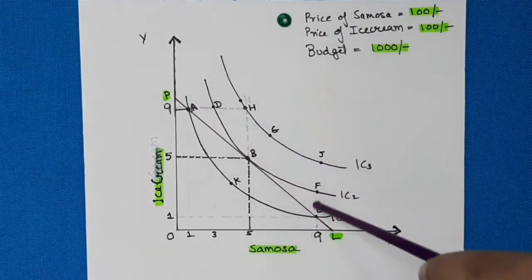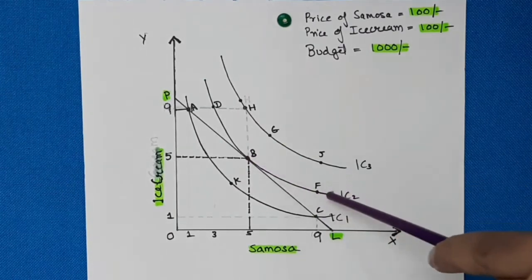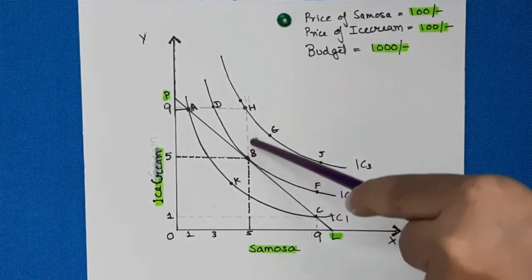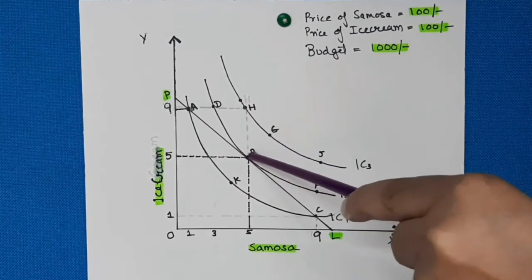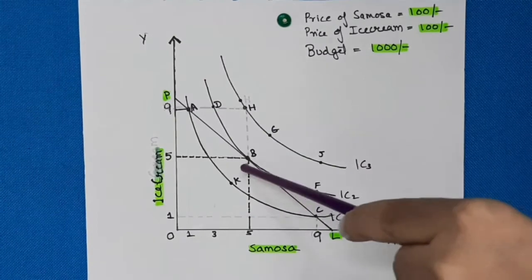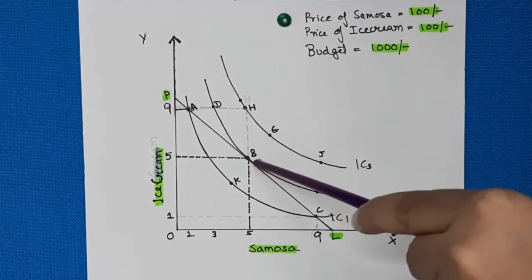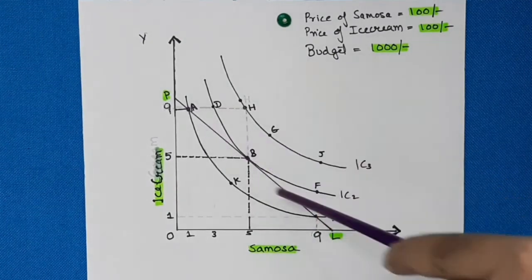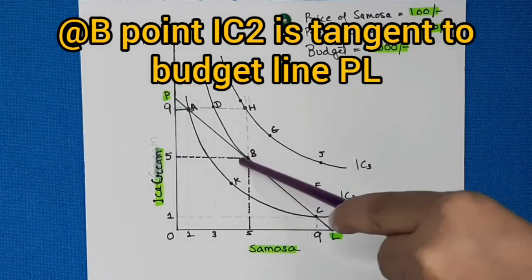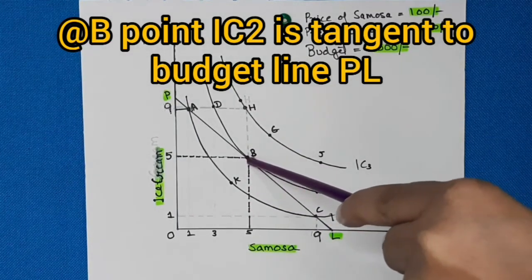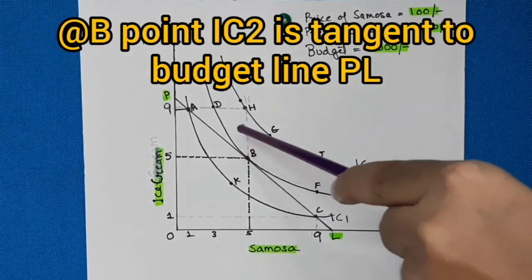But A and C give him a lower level of satisfaction compared to B, which is on the higher indifference curve, IC2, with the same budget constraint, the same price which he has to pay compared to A and C, but he is on a higher indifference curve. So definitely a utility maximizer, a rational person, would not choose A or C, paying the same amount while being on the lower indifference curve compared to B. He would also be at the same level of satisfaction when he chooses D and F. But unfortunately, his budget is not that great, so he would only choose B.